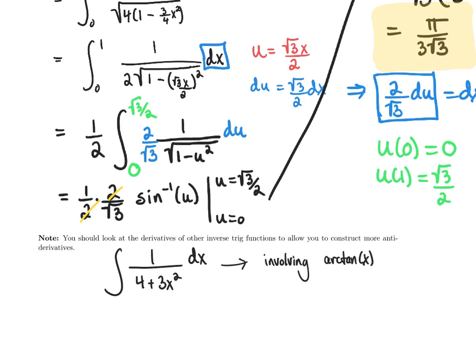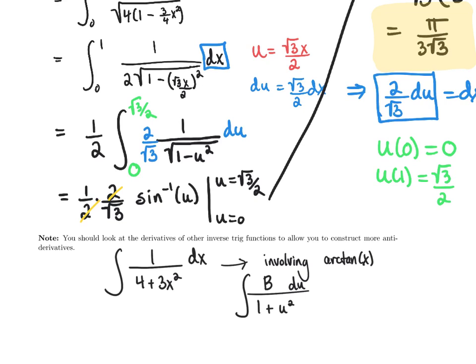Because once I factor out a 4 and do the little trick with writing the second one as a square and do a u substitution, I'm going to get some sort of constant times 1 over 1 plus u squared du. So there's going to be some constants that come out from the u substitution and the factoring, but I'm ultimately going to end up with a 1 over 1 plus u squared. So take a look at some examples like that, and next time we will focus on what to do with